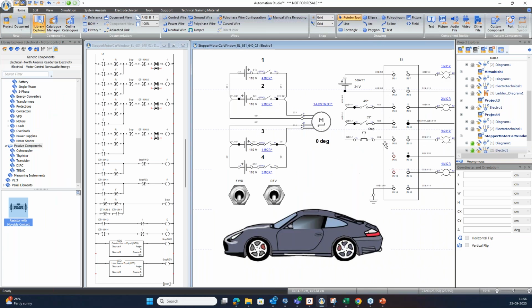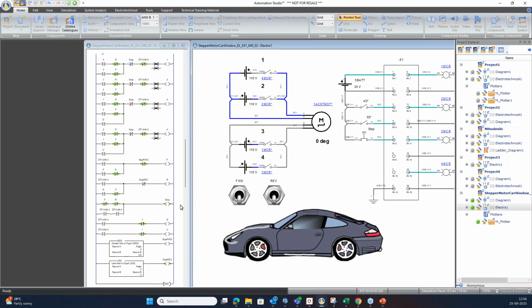So I will try to simulate the circuit. Not only this, but also you can see we have created certain hyperlinks which we have linked with the ladder logic over here. And adding to it, we have made use of certain timers, counters over here, as you can see. So if I try to simulate the circuit now, if I press this forward button, you can see my car power window is moving in downward direction, which has been successfully energized with the help of the stepper motor. Earlier you can see it was 0 degree, but currently you can see the value as 55.8